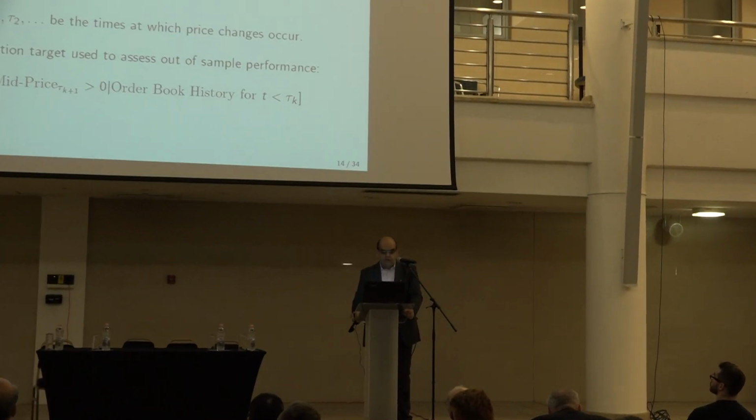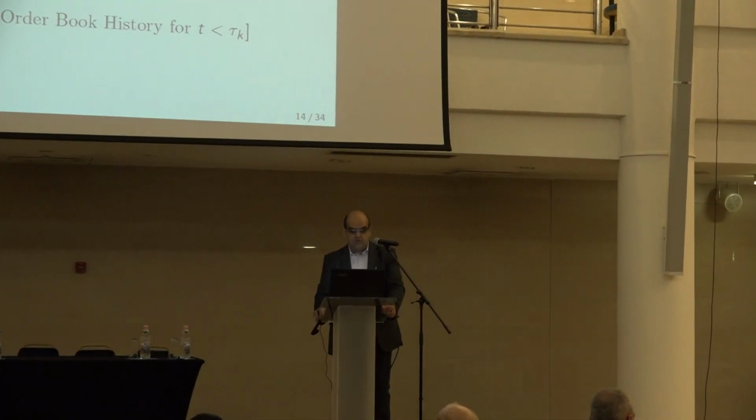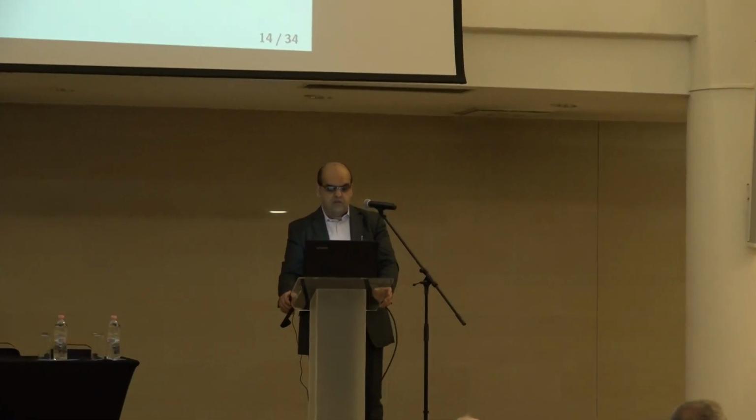We separated this into 2 periods. The first 2 years we use as a training set, and the test set is the last year. Now, you can train the network to forecast various types of quantities. You can train it to forecast how the order flow will evolve in the next time period, or you can train it to forecast the price. I'm going to show you the simplest thing, which is forecasting the price move from the order flow.